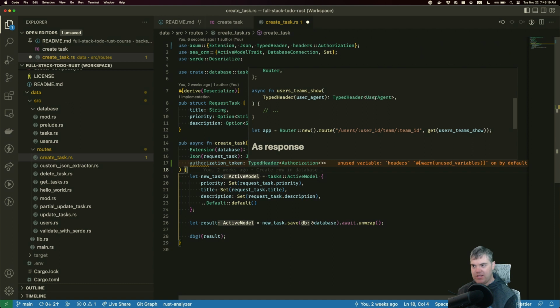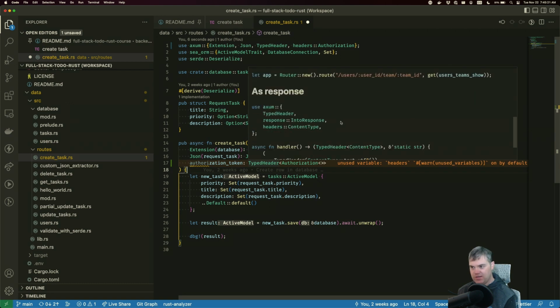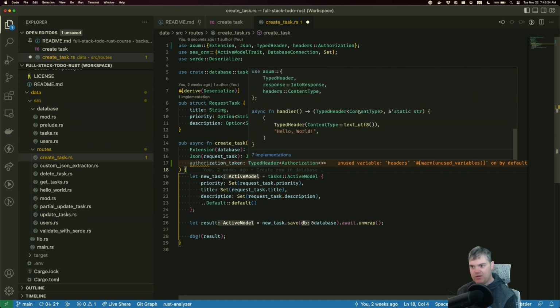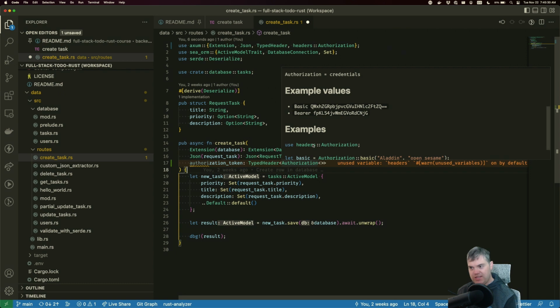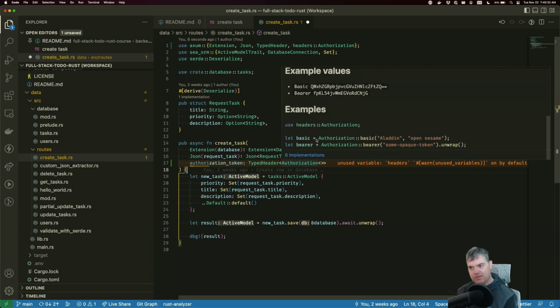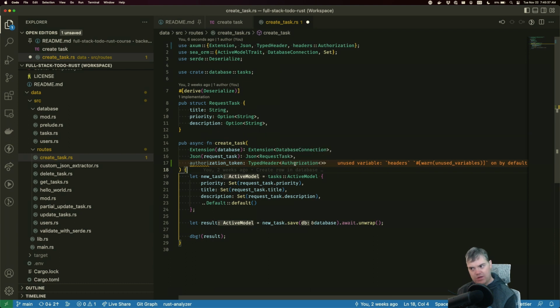So okay, that's how we can do typed header user agent, for example. I want typed header content type. I want typed header authorization, but you need itself a type. What do you need?